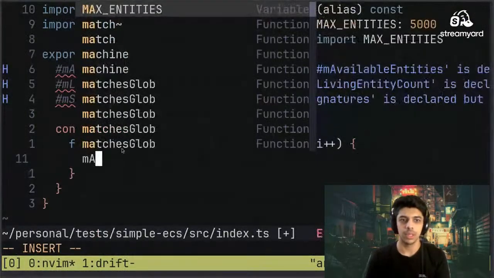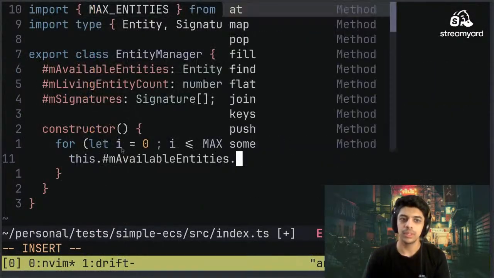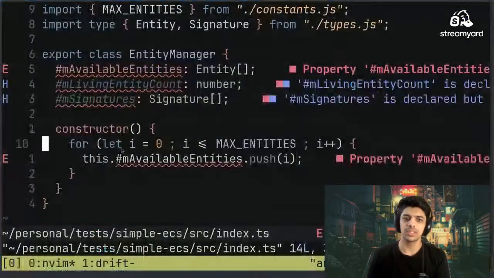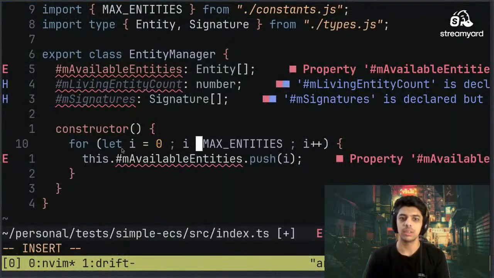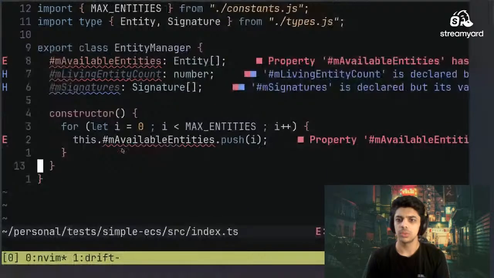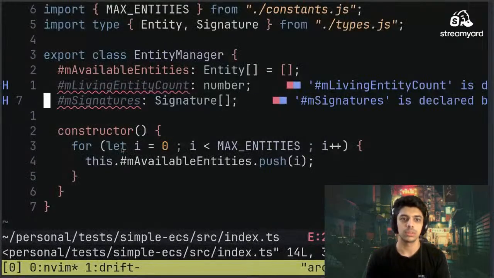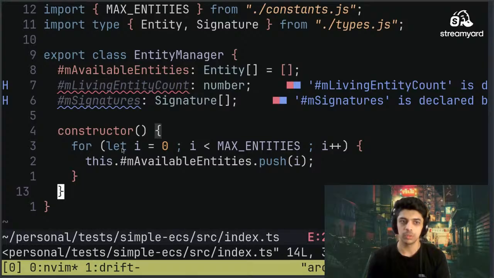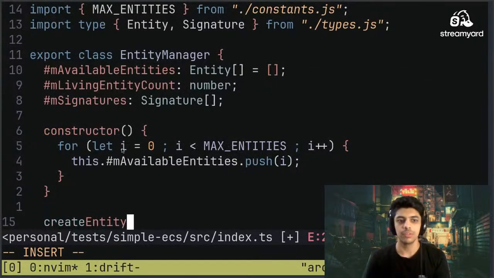Okay, m available entities dot push i, right? Is it less than equal to or less than? Yeah, less than is fine, right? What is your issue? Wait, Shashwat did remind me. Oh, I know. Okay, so that should work. That should work. And then we have create entity,